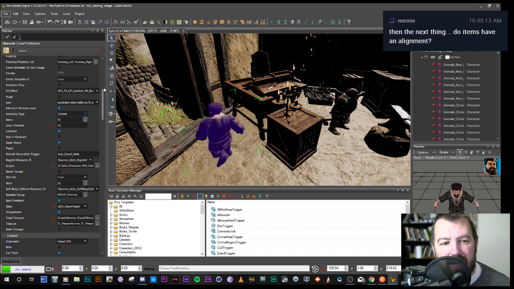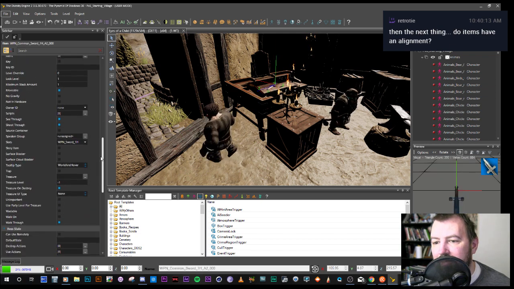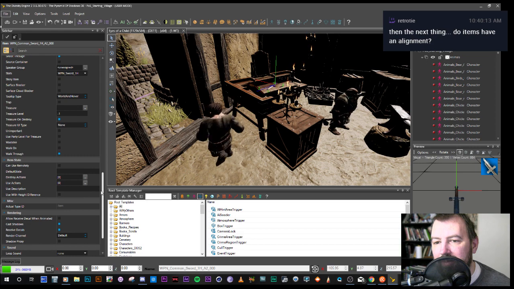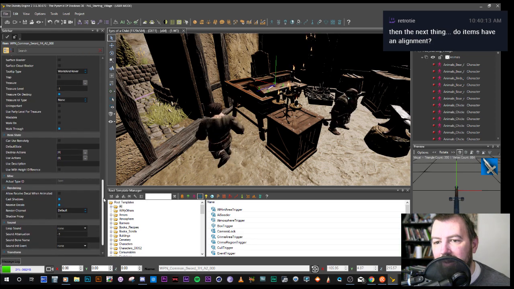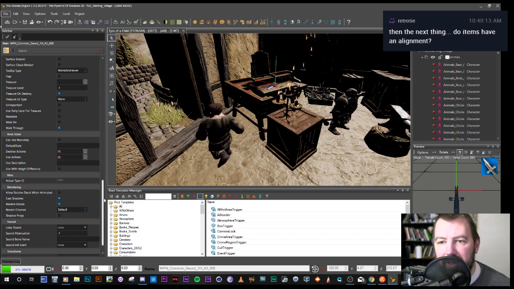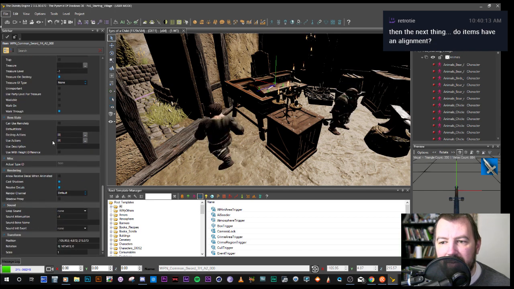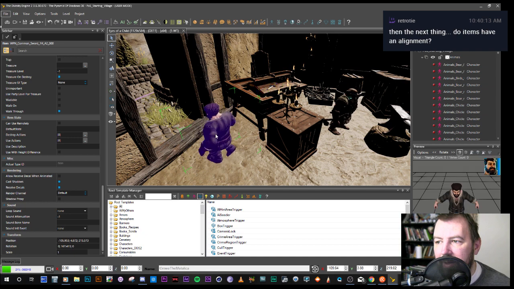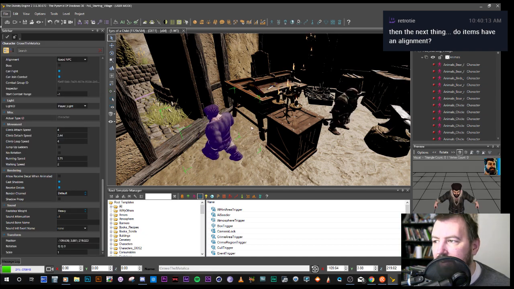Do items have an alignment? I don't know how they would. Let's look. I don't see that. No. It does not have an alignment. It would be right around here. I'm gonna adjust all of his other stuff though. I want him to